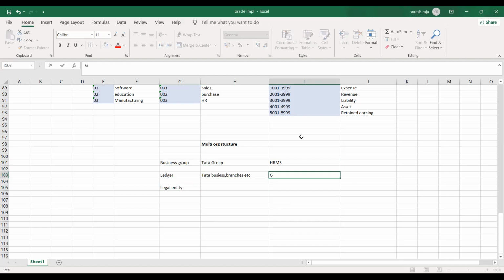So these will all be given in GL, finance module. Operating unit, here only we will work. We can create in GL or HRMS. Then comes inventory organization. So everything has to link, then only you can create.